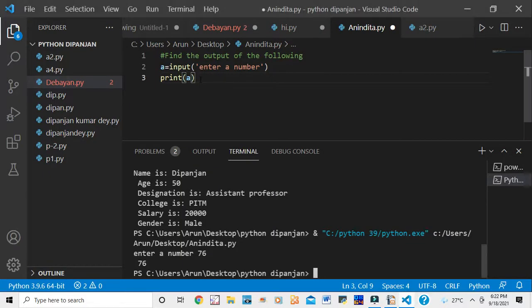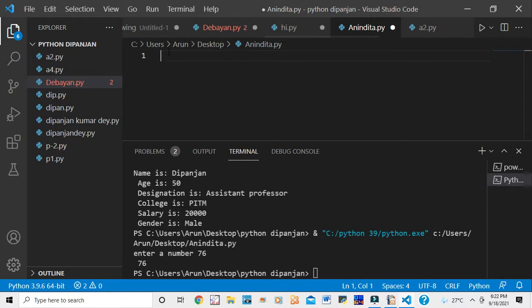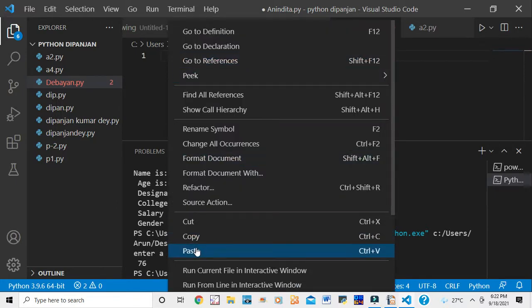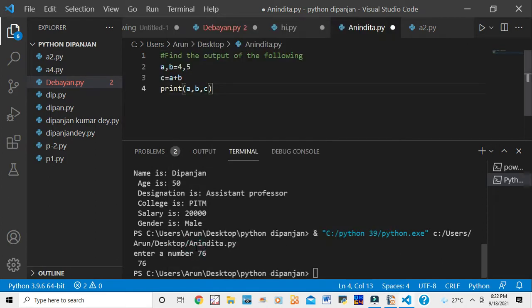This thing I want to delete, then I want to run. Just by right click, then paste. You see, find the output of the following. This is the comment, a hash is there. This will not participate in the program.